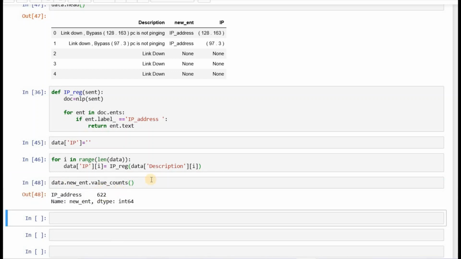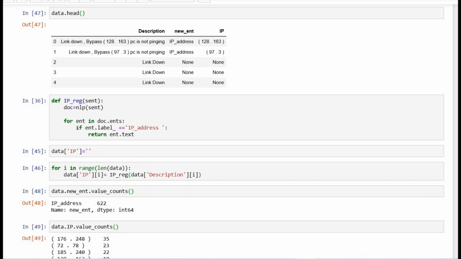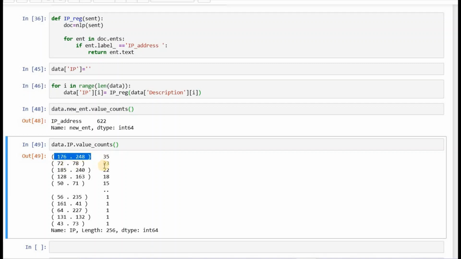We can see there are 622, out of more than 3000 rows, that have IP addresses. We can also see the patterns in the IP addresses, that this appears 35 times in the data, this one appears 23 times. So this would also be a valuable piece of information.